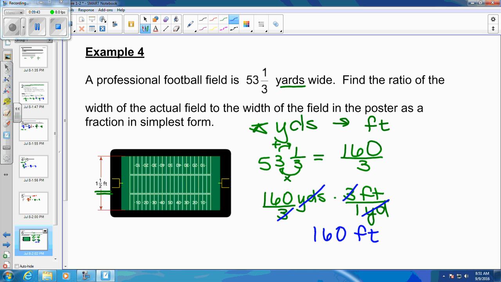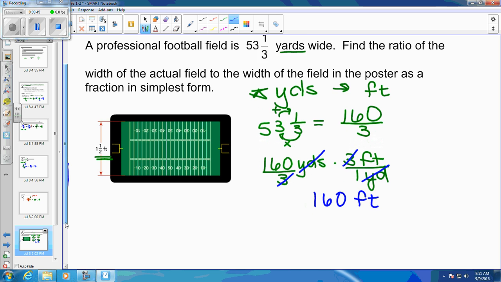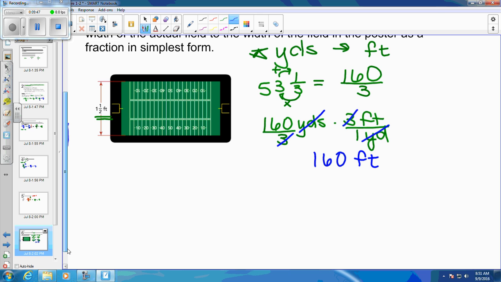Now I can write it as a ratio. We are looking at the actual, which is 160 feet, over the poster, 1.5, we can write as 3/2. And now I can do my work. My LCD here is easy. My LCD is 2. Okay? So I can rewrite this as 160 over 1, all over 3 over 2,